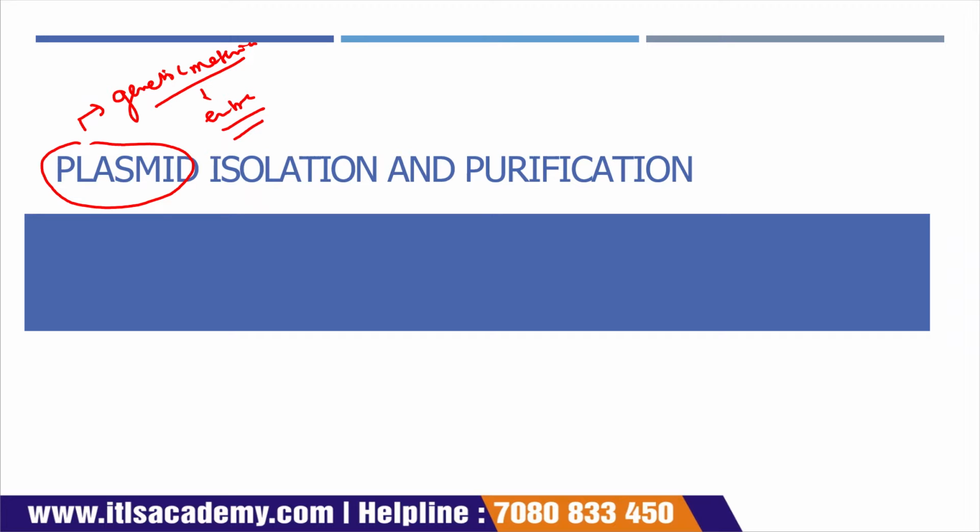Now what we have to do is isolate this plasmid, properly isolate that extra hereditary genetic material. And after isolation, we have to purify it. Purification means that we have to remove the impurities